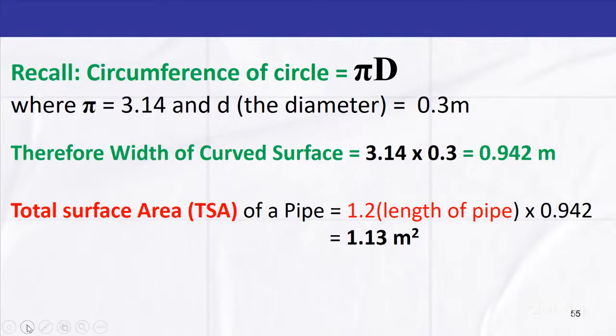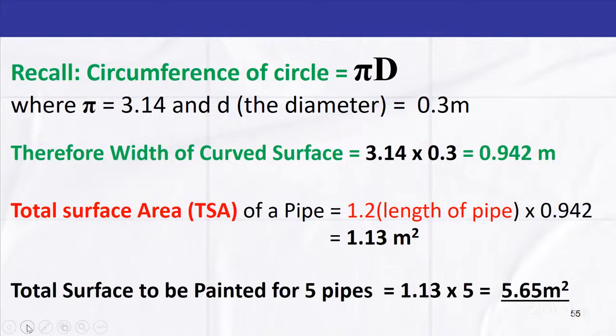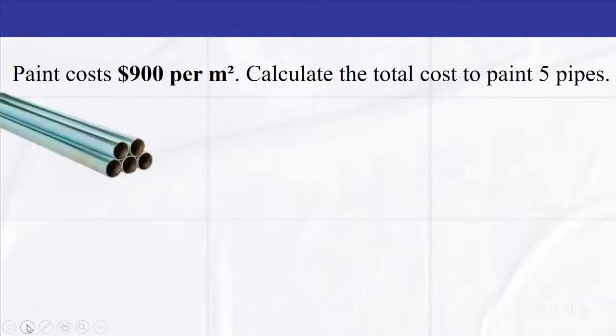All right. So, of course, this aspect of it is very similar to what was done in part 1. And so the ideas are the same. And so if it is that we want to paint 5 pipes, and each pipe has a surface area of 1.13 square meters, then it follows that if we're finding the surface area of 5 similar pipes, then we will have to, of course, multiply that by 5. So that gives us a total surface area of 5.65 square meters for our 5 pipes to be painted. And of course, if it costs us